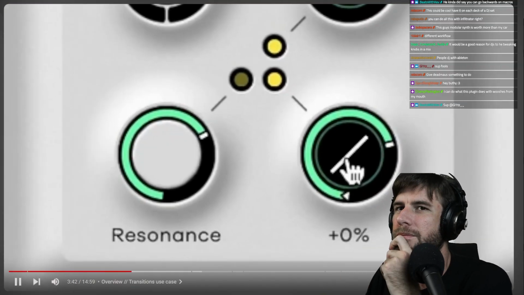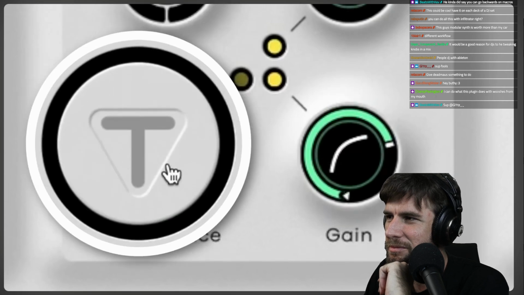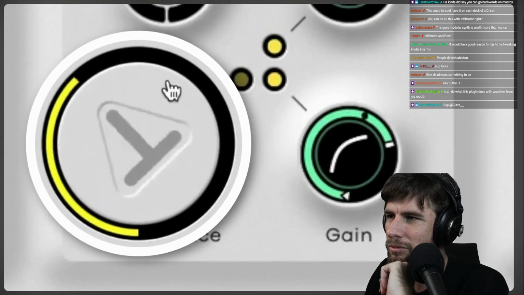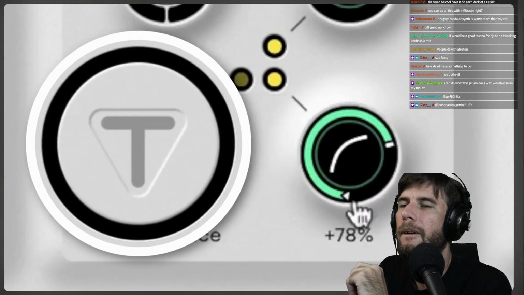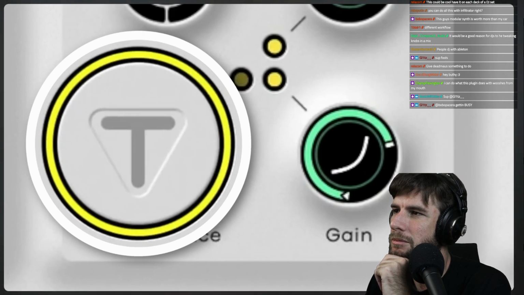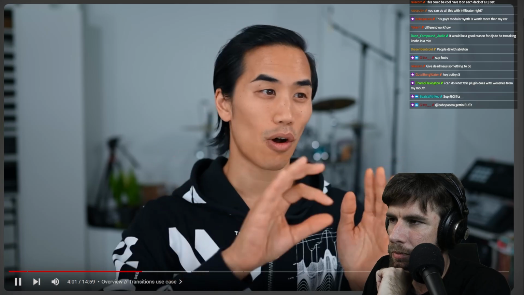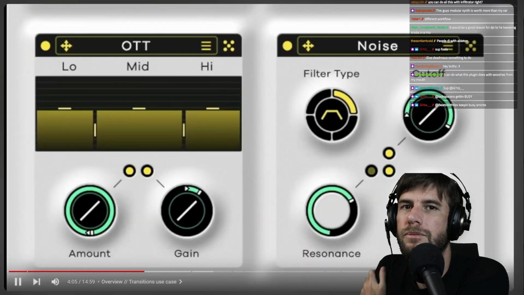Knob turns into a curve control. So if I boost this up like this, you can see as I turn the macro, it goes up higher faster. I could also do the inverse where it climbs really slowly at the beginning and then goes up higher at the end. So not only are you setting the ranges of every parameter, but also the acceleration or deceleration with regard to how they're mapped to the transition control. So you can change the way it moves up and down. A little subtle change there.